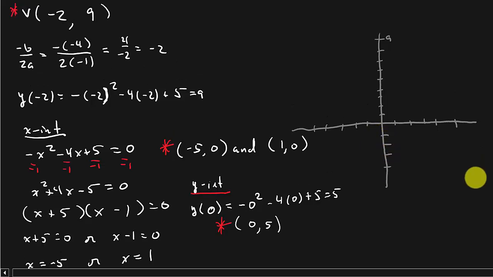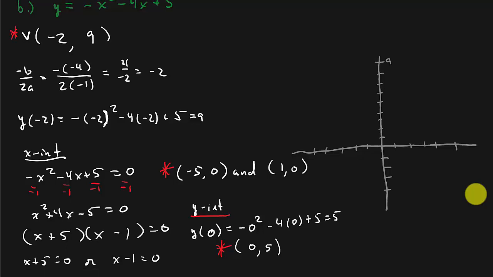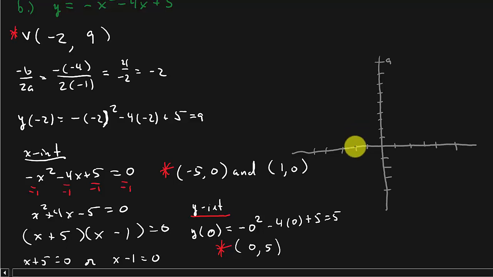All right, so now let's just plot our point. So I've got the point negative 2, 9. Let's see, negative 2, 9. It's right there. It's kind of hard to line these things up on this tablet, but all right, so then